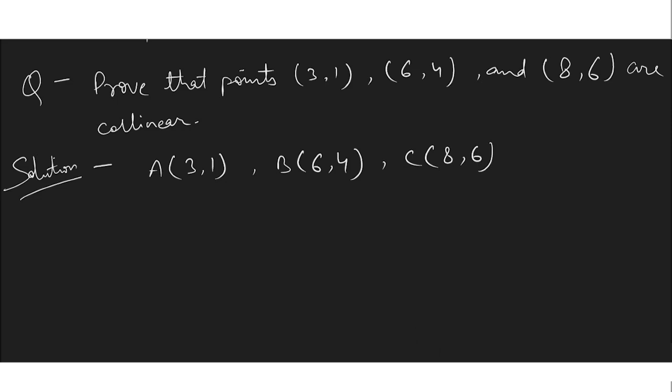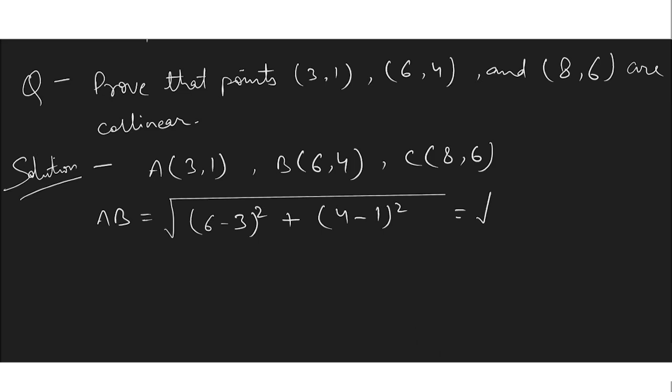Now we have AB is equal to square root of (x2 minus x1) whole square, x2 is 6, x1 is 3, 6 minus 3 whole square, plus (y2 minus y1), 4 minus 1